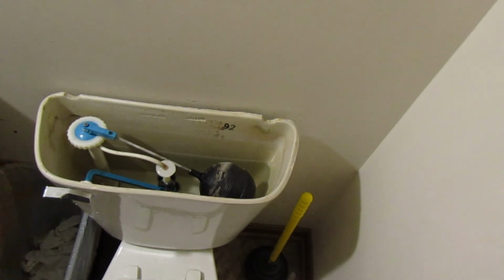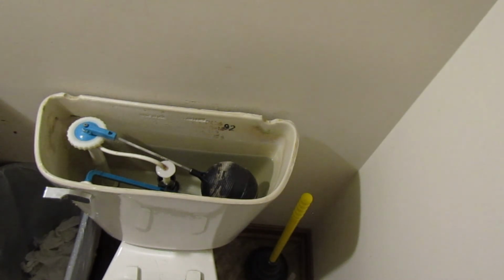I am looking around for metal. I am probably going to end up making one of these myself, just to make it and say I made it, instead of using these plastic ones. So that's what I'm going to do next. So with that being said, I guess we can close the lid on the toilet